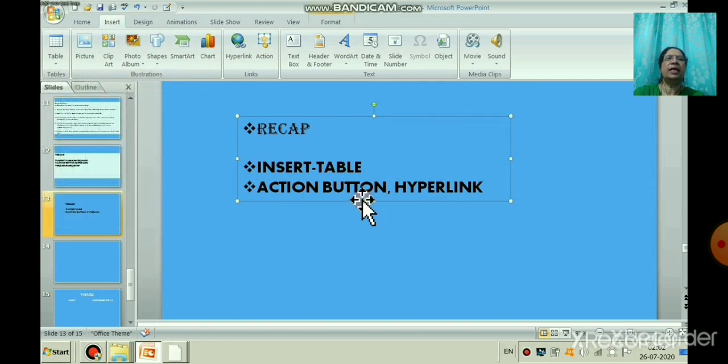And the action button is used for using different shapes we are using in hyperlink. So next session we will learn more